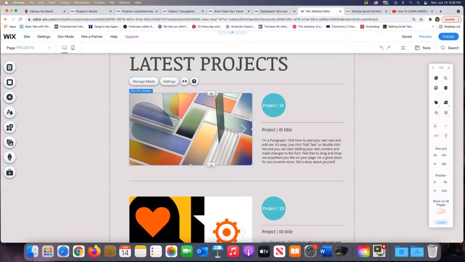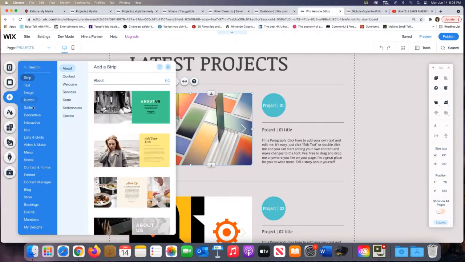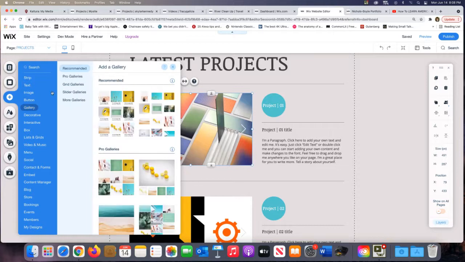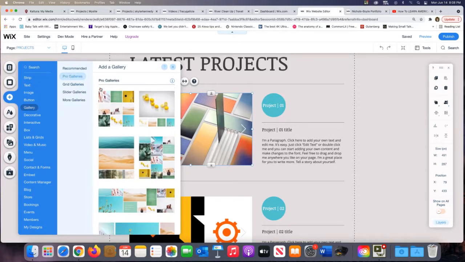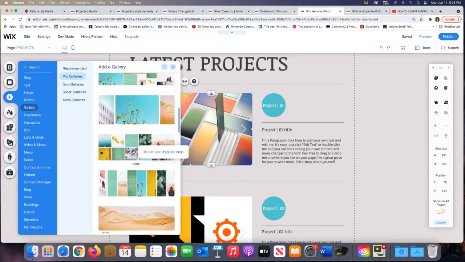So if we go into the website editor, I know many of you have chosen this template where it has a projects page and it's already put in a gallery for you. If you want to add in your own gallery, you just go to add and you go to gallery here. And then they have pro galleries and you have different options. This one here is a slider. When you choose one of these,